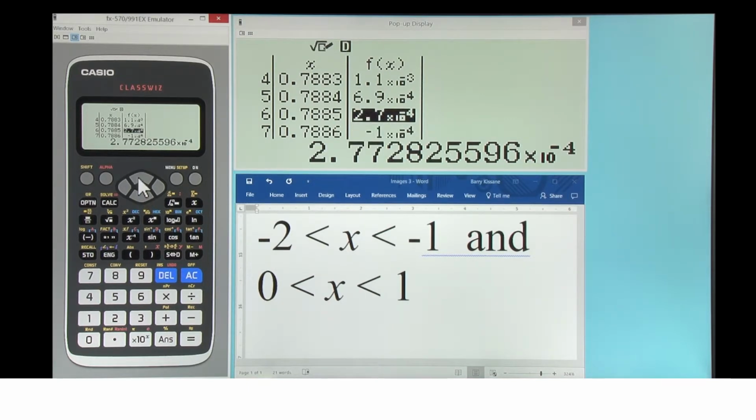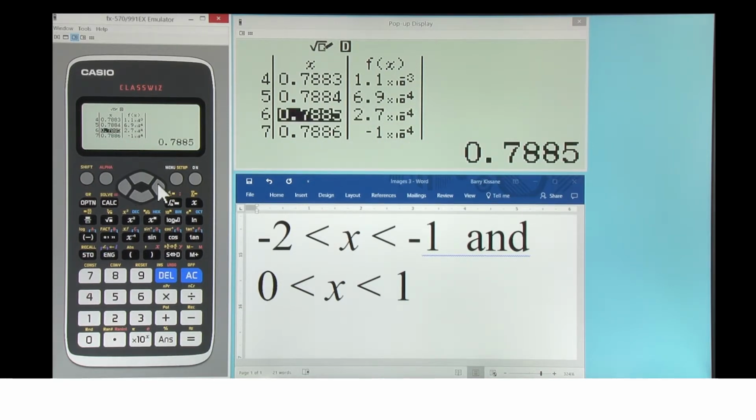Looks like it's about there. So the first 4 decimal digits of the root of the function are 0.7885. And the next one, 0.7886, is too far. So this sort of process helps students to appreciate the idea of the root of a function very well.